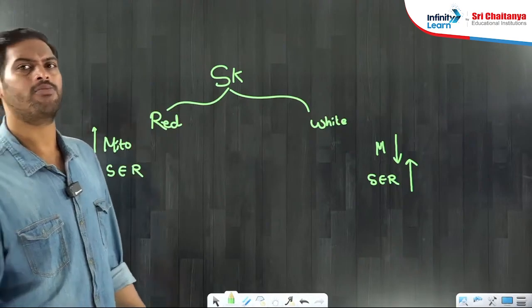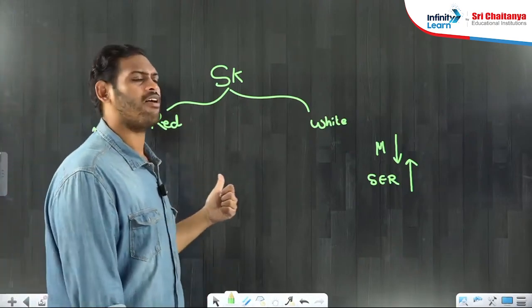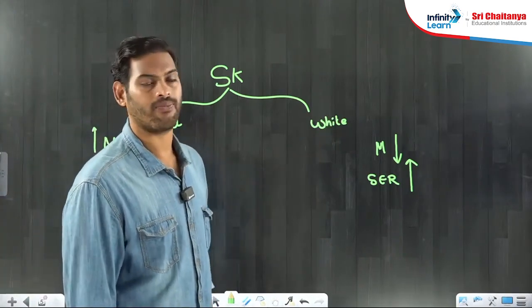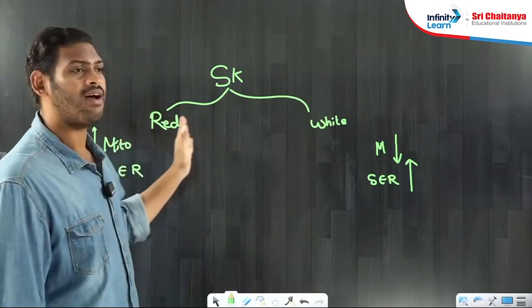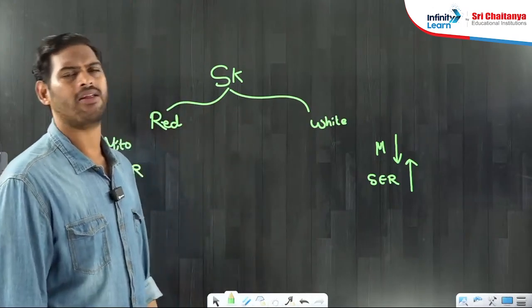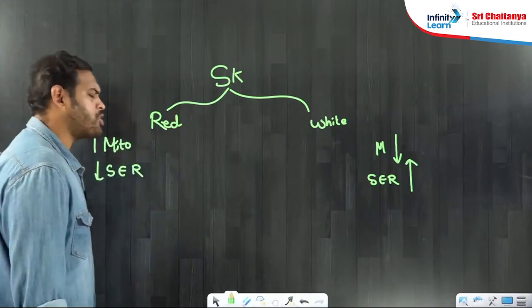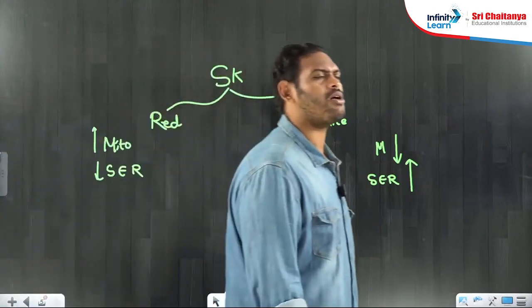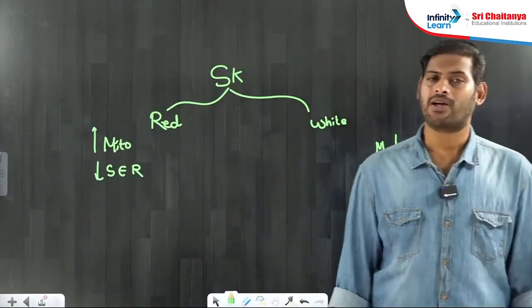Red fibers have more mitochondria, white fibers have less mitochondria. This mitochondria and SR explain their nature, but for color, just like how RBCs consist of hemoglobin, muscle consists of a